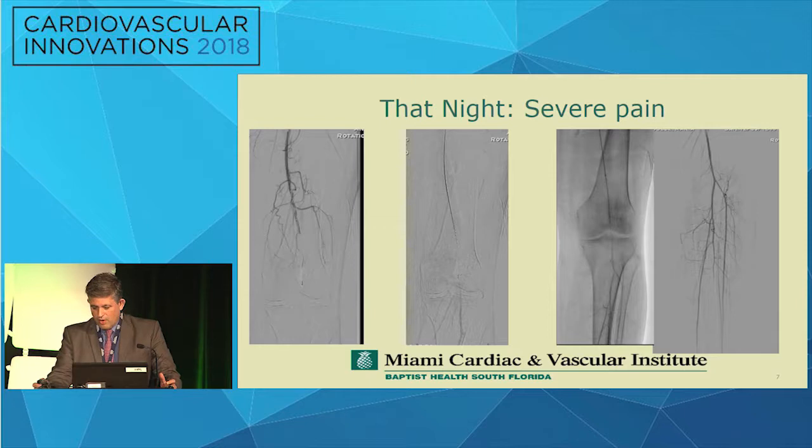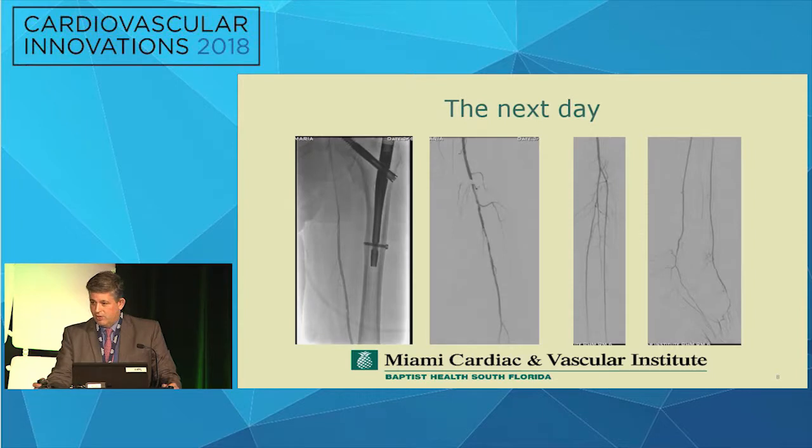You can see the distal runoff is there, but really required some work that night just to try to get some flow, and we had some distal embolization of some sort. So we started the patient on lysis again. The next day, we look, you see it lysed pretty well, and said, okay, what do we do now? I think the right thing to do probably would have been to stop.